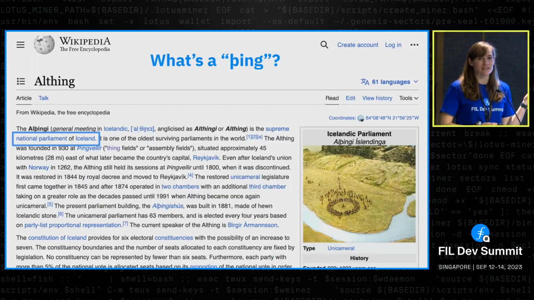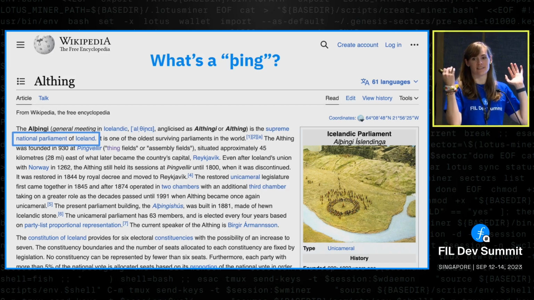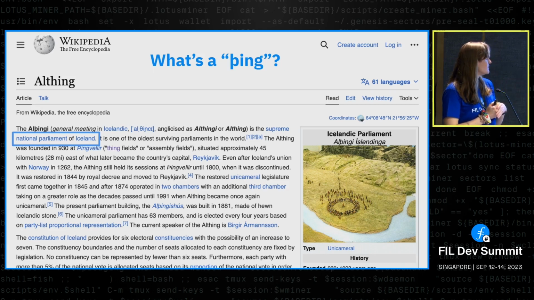Why did we call it the IPFS Thing? Well, because the first one was in Iceland, and Thing, or Alþingi in Icelandic, is their local parliament. So it's really where all of the different tribes used to get together, send their chieftains, and talk about, hey, how are we actually making our communities better over the next year or two? And it was a very useful gathering that actually still exists to this day. Iceland claims to be the longest running constitutional parliamentary system, something along those lines. It's pretty cool. You can go check out their Wikipedia page. Lots of good info there.